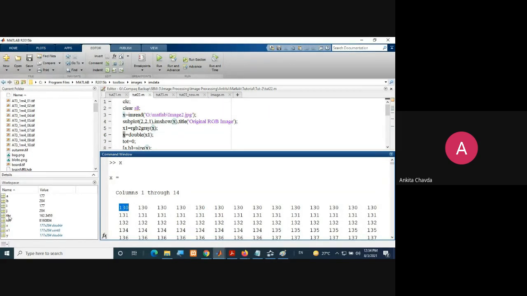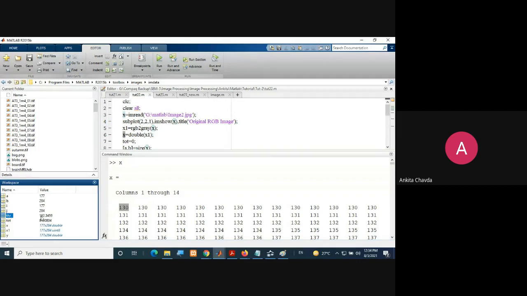You can check your thresholding value. It is 162.34, meaning 162 is your average. That is your thresholding point. So you are saying that whatever values are less than 162 will be mapped to 0, and whatever intensities are greater than 162 will be mapped to 1.